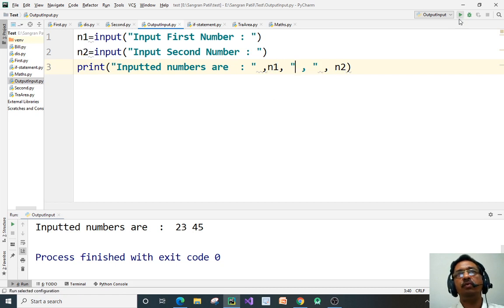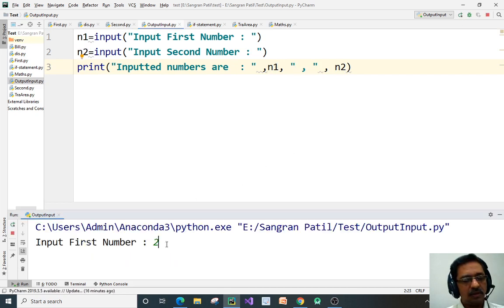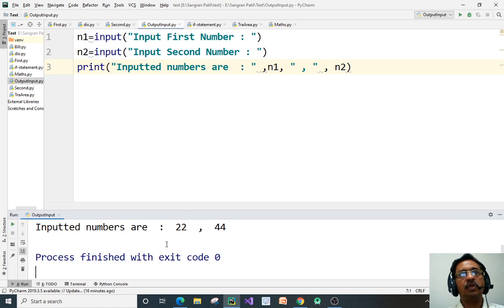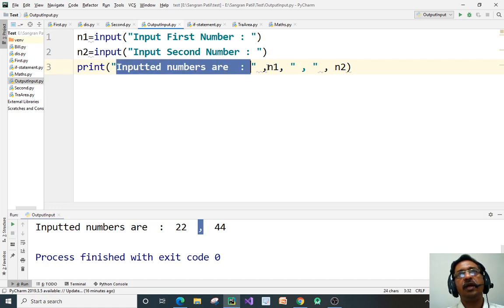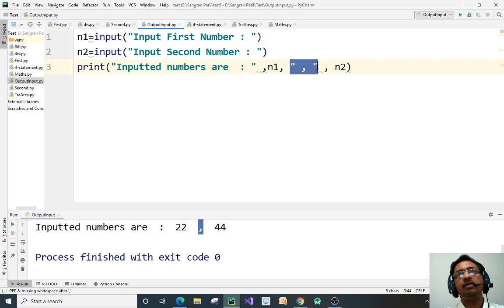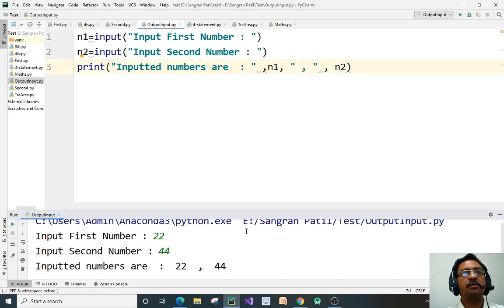If I run this now, check here, comma. So this comma is for the separation. This is your message and this is your variable. For separation, comma is given. Similarly here, comma is given. I think this is clear now.